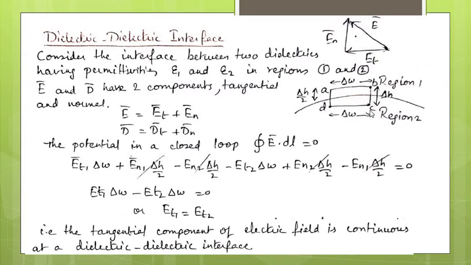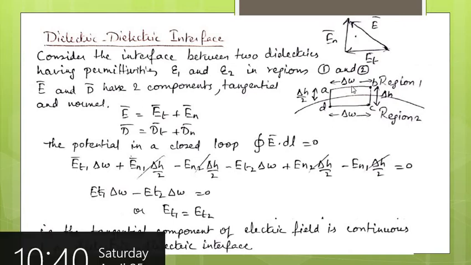So we need to remember one important point here. Whenever the field is entering the boundary, we need to consider it as positive. Whenever the field is leaving the boundary, it has to be taken as negative. So here En2 is the electric field which is leaving the boundary into region 2. So denote it as minus En2 and the distance is delta H by 2. Next, between C to D, this is in the opposite direction as A to B. So we need to put a negative sign here, minus ET2 delta W.